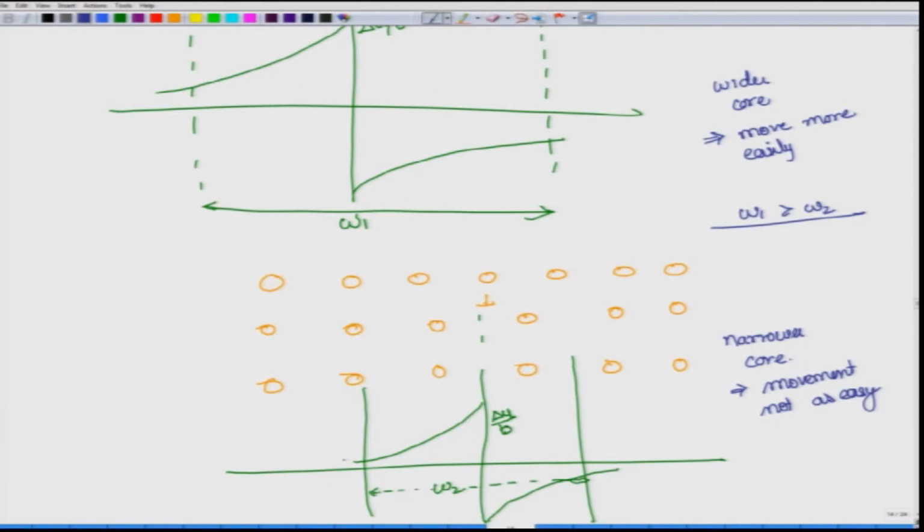So, this is one aspect of the resistance to dislocation motion. Like the other one we said is the lattice friction or lattice resistance. Or this is also called as Peierls-Nabarro stress. So, in this particular case what Peierls and Nabarro found was that the dislocation energy changes with position.